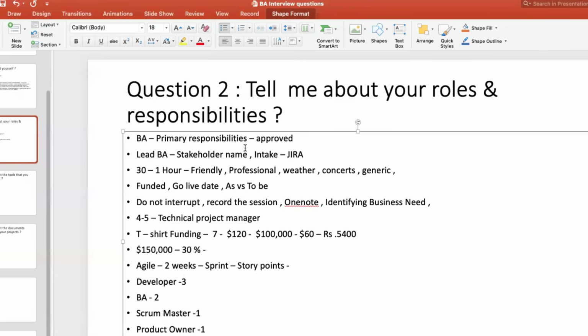Either you reduce the scope, because whatever scope you give me requires this much level of effort, or, if they don't have funding, we have to change it accordingly. What I do for the next call, if they are not approving, is email them asking, do you want me to schedule a next call to discuss everything in detail, why this is taking so many hours? Sometimes business owners say, yes, please schedule a call and explain to me.